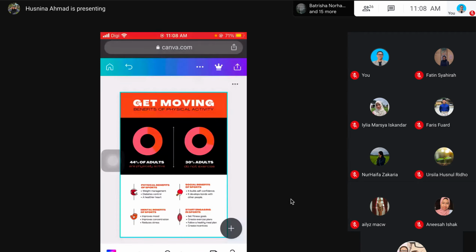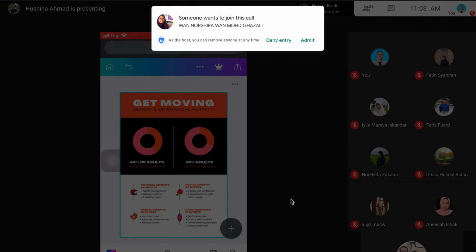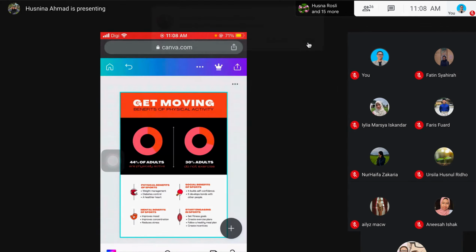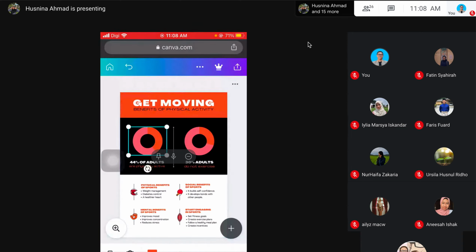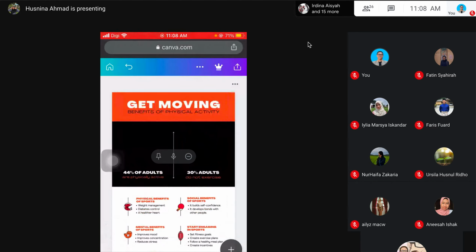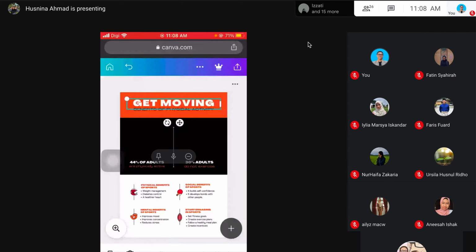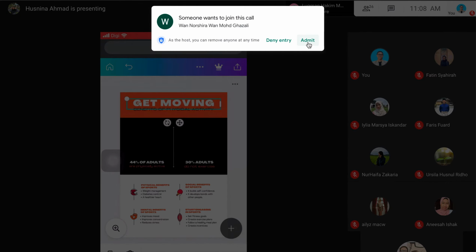And for this poster, it's not related to the news, so I'm just gonna do simple editing by deleting all the information that is not important, and maybe we can add the title, which is